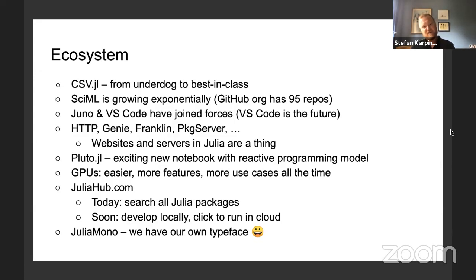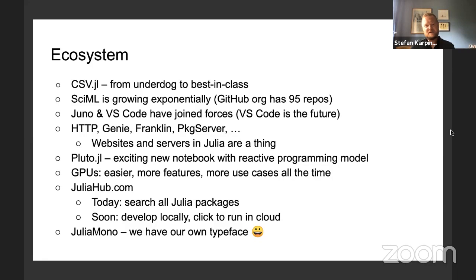These days, people are writing and serving websites and writing servers in Julia. That's a thing. I've written several myself. The server component of the Pkg Protocol is written in pure Julia. The core library there is HTTP, but there are great frameworks on top of that, like Genie and Franklin. All of the Julia docs for Julia itself and for a lot of packages are generated in Franklin. It's a really great system. I was pretty frustrated in the past with Jekyll, so it's really nice to have a system that just works, and also, bonus, that it's written in Julia.